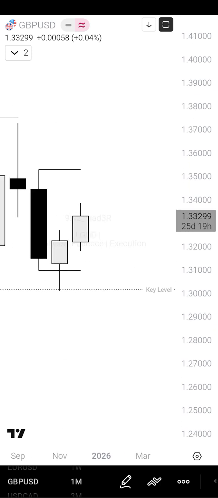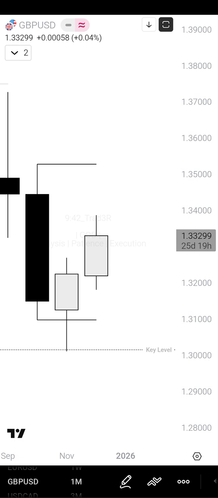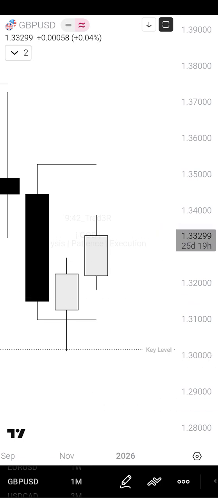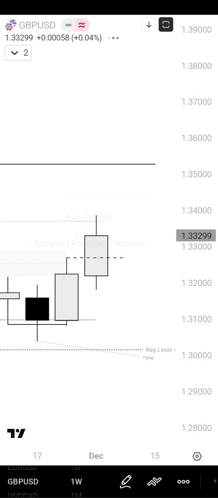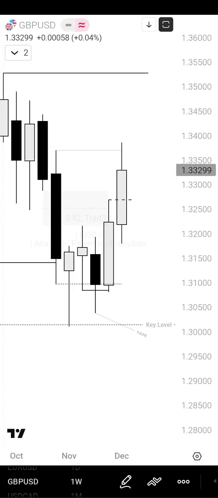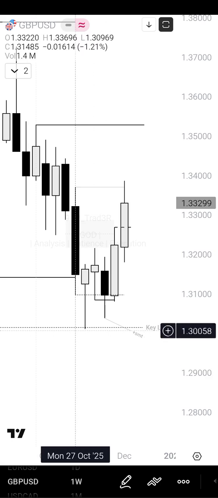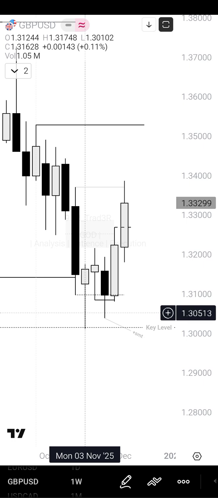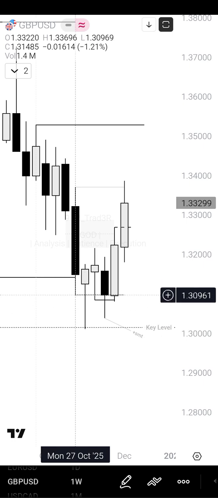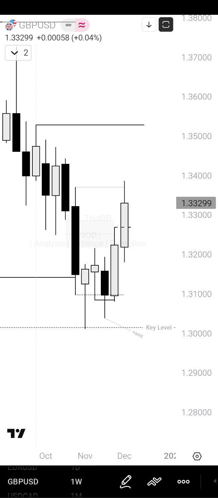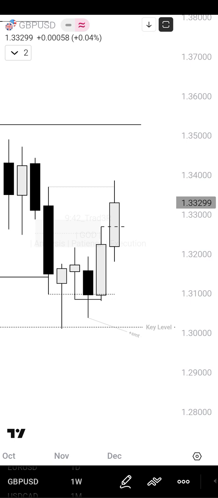Now mind you, we had this monthly range, and price has delivered to the 50%. So let's see what we have on the weekly. On the weekly time frame, I was looking for a range to trade, to frame my trade idea, and we had this range prior to the key level being hit. So you can see this week swept the previous week's range low into the key level and closed back inside of the range. So with this information, I know that okay, on my 4-hourly, I will be having